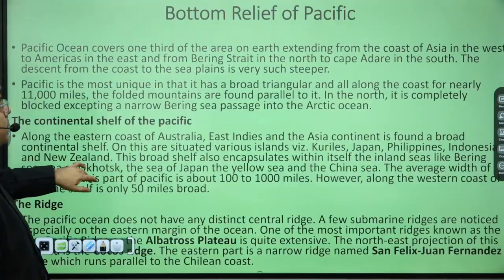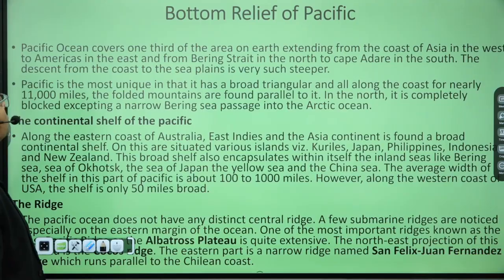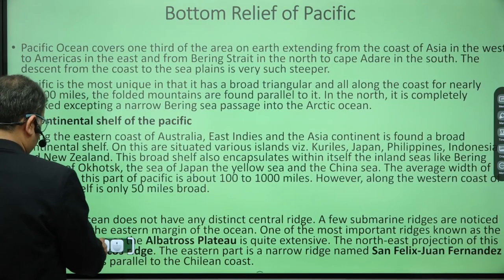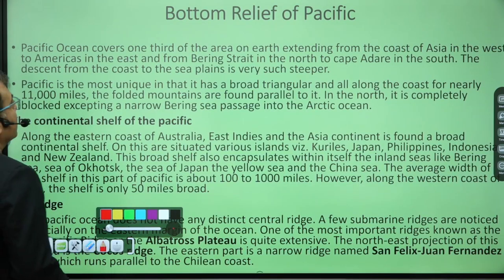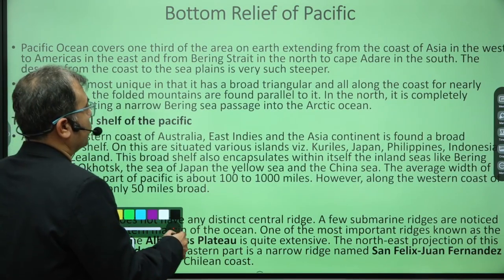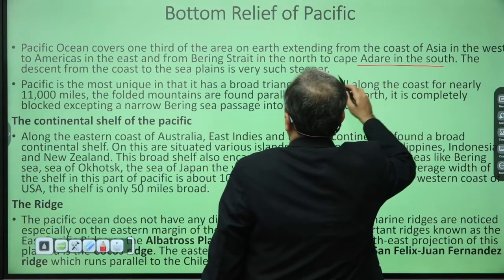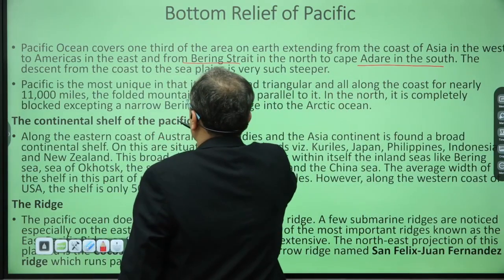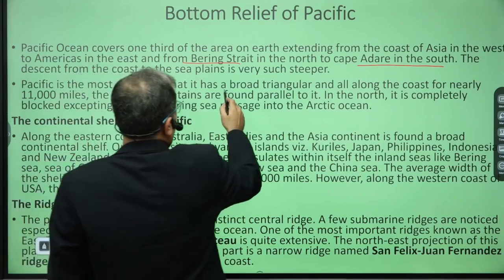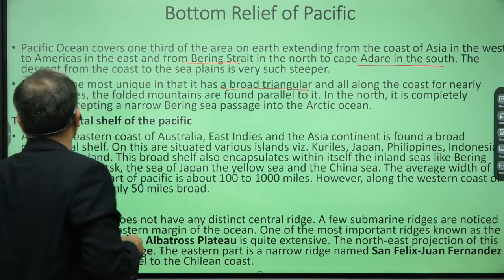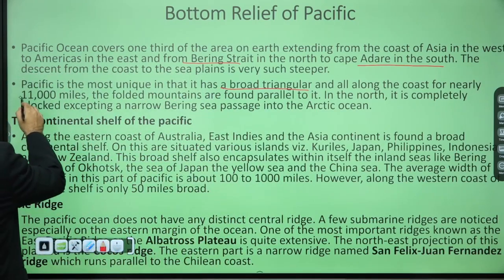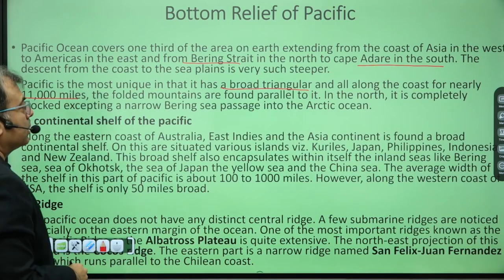इसमें बहुत अच्छा ridge आया नहीं है. Okay. So Pacific Ocean covers 1/3 of the area. This is just sharing of what you can take, that it is extending from Cape Adare in south to Bering Strait in the north. It is broad triangular, 11,000 miles,